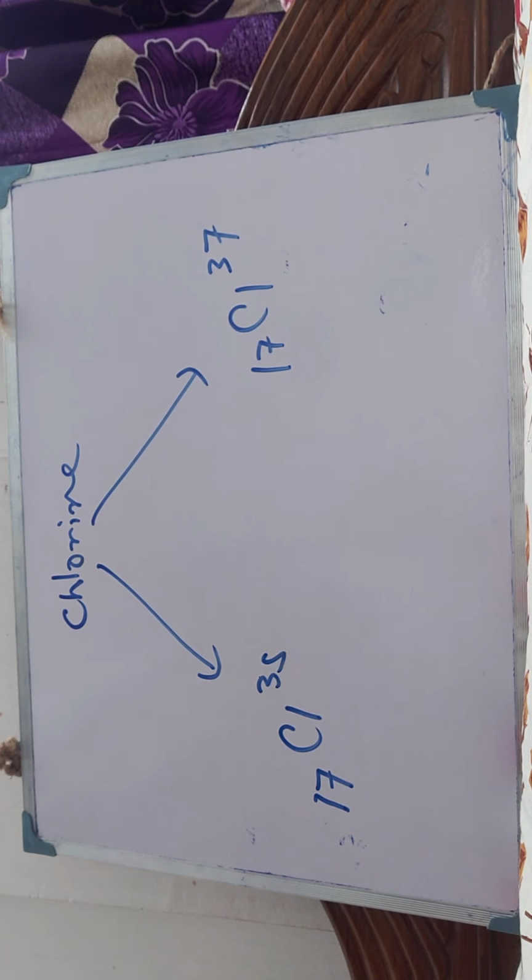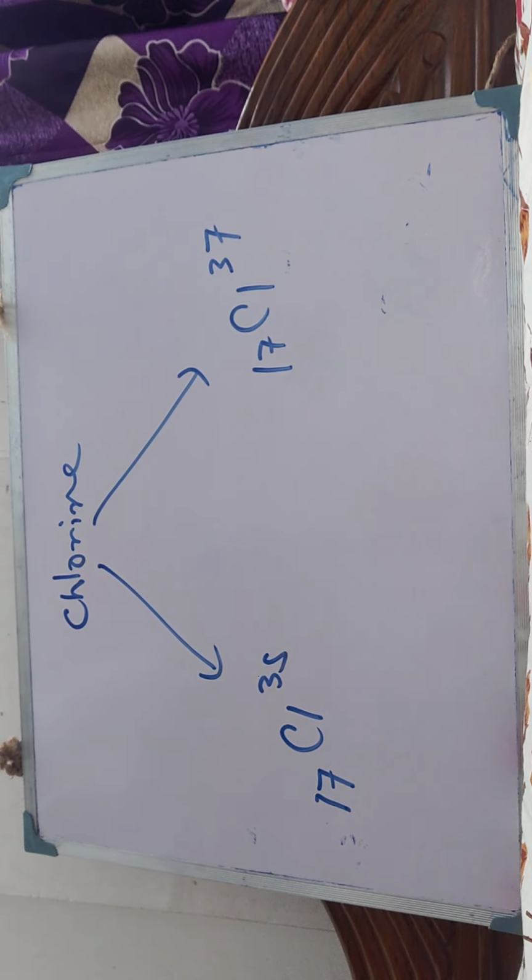Now see how this correction is made. We will have to take the average, and to do that we need to go through some procedure. What is the atomic mass of the first chlorine? It was 35. And how much of Earth's abundance, or how much percentage, is it found in Earth? 75%. 75% of chlorine are having 35 mass, and the rest 25% of chlorine are having 37 mass.